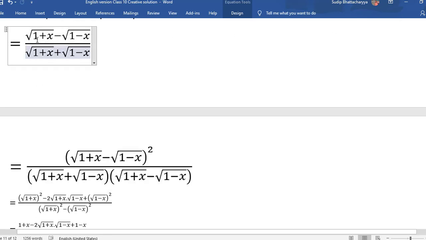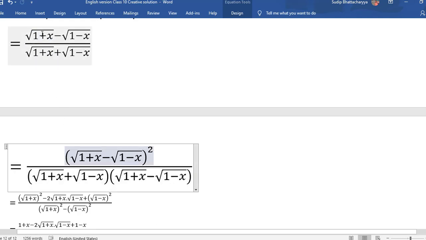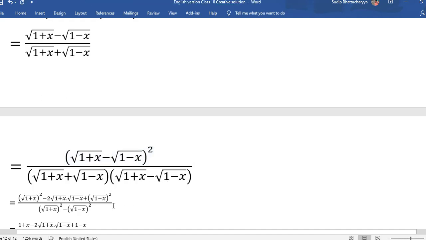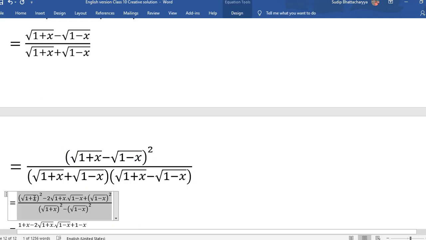Remember this: from this step to this step we have to multiply both the numerator and denominator with the expression which is in the numerator. As a result, the numerator will be in whole square form, and in the denominator we will get an expression of the form a plus b into a minus b. So as a result, you can see